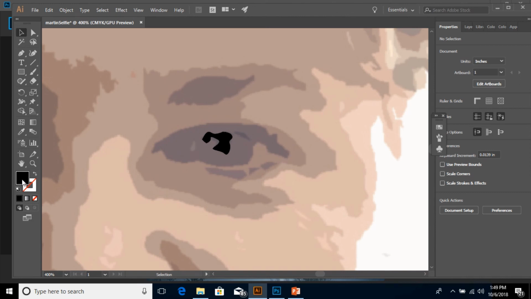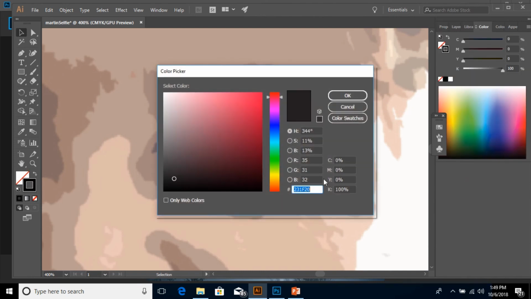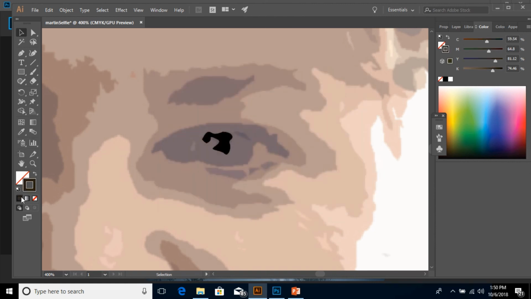I could then swap back. I'm going to change this to sort of a really dark brown color because my eye has a really dark brown in it. It's not quite black. There we go. So I'm going to do this with a really dark brown, and now I'm going to draw behind. Can you see how I went over here to the little draw behind guy? Because I want my shape to be behind this one that I've already done. All right, so I'm going to come up with my pen tool,